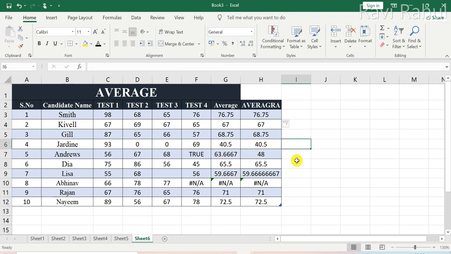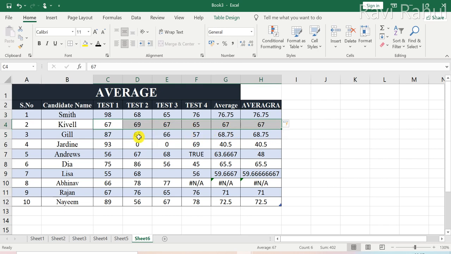If you compare, the average of Smith in test 1 to test 4 was 76.75, which is also the same in AVERAGEA, because as the definition suggests, it would evaluate all the values as numerical, so the same is applied here. Similarly, all of these data are also numerical, so the value is the same. Similarly here and similarly here.